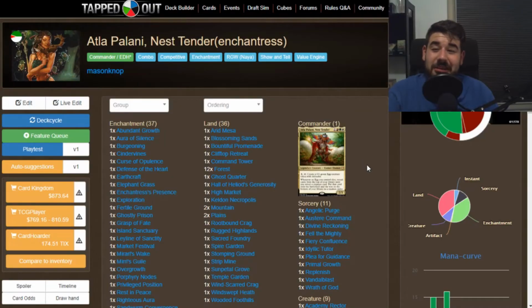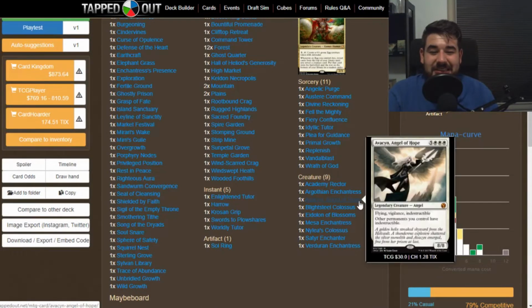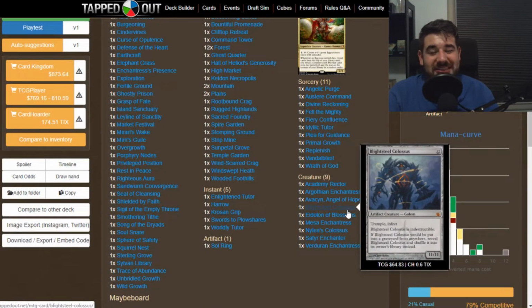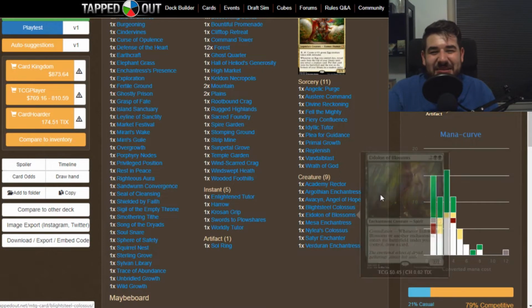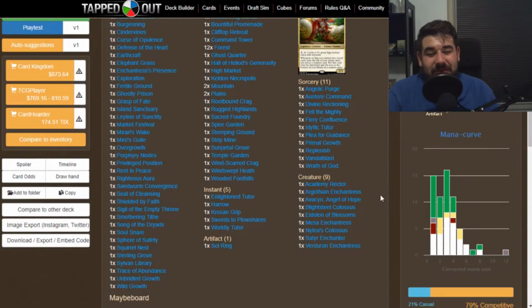We are going to check out this deck that I made, and we're probably going to enjoy it because I am doing Alta, the Enchantress. So originally what I was thinking for this deck was I was going to cheat an Avacyn Angel of Hope into play, or Blightsteel Colossus, just right off the top, by cracking an egg made by Alta. But unfortunately, that's a little clunky and a little odd,